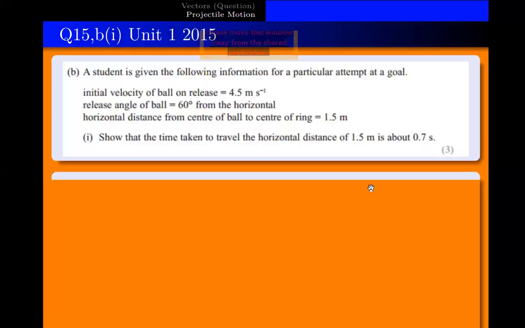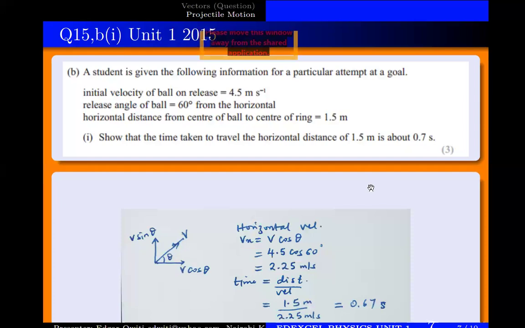So the next question is, a student is given the following information for a particular attempt at a goal. The initial velocity of the ball is given as 4.5 meters per second. The release angle of the ball is 60 degrees from the horizontal. The horizontal distance from the center of the ball to the center of the ring is 1.5 meters. So then you're told, show that the time taken to travel the horizontal distance of 1.5 meters is about 0.7 seconds. So in projectile motion,